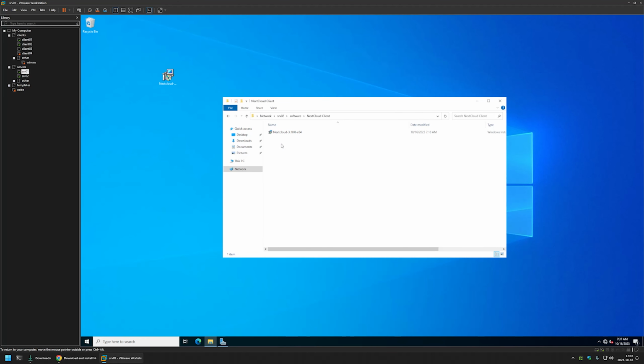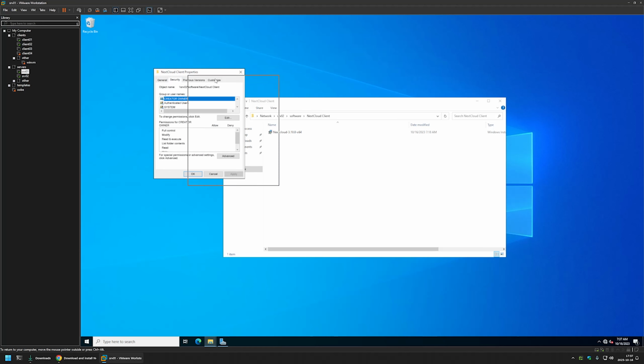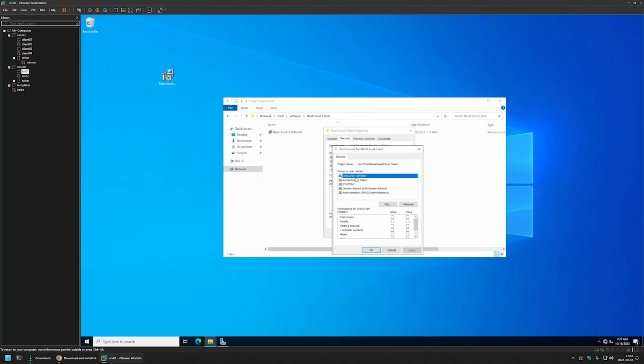And here you need to make sure that you have the correct NTFS and share permissions. For example, in my case, if I go to Properties, Security tab, and Edit, you can see that I have authenticated users with read permissions. And I have the same permissions for my NTFS permissions and the share permissions. And authenticated users covers both users and computers, so both users and computers can access the share and execute files from it. So make sure that you have the correct permissions, and now let's close everything